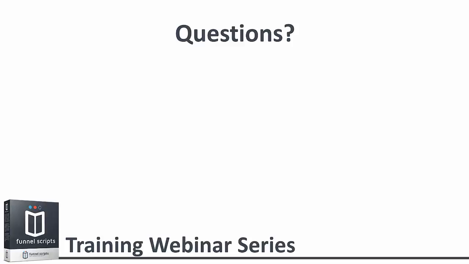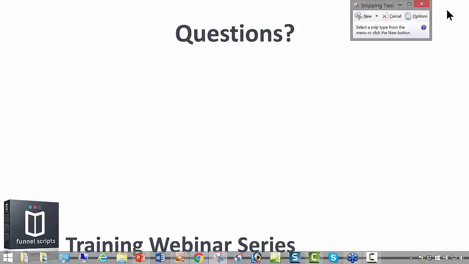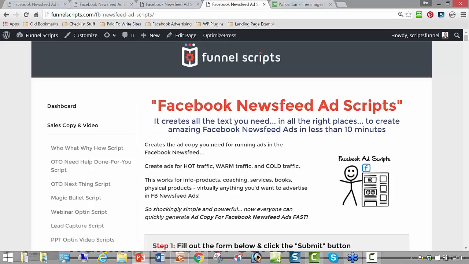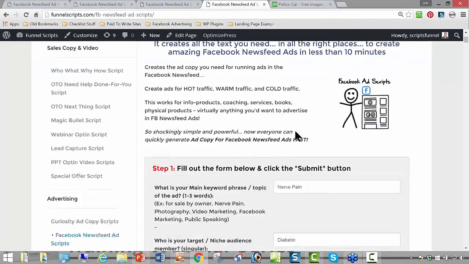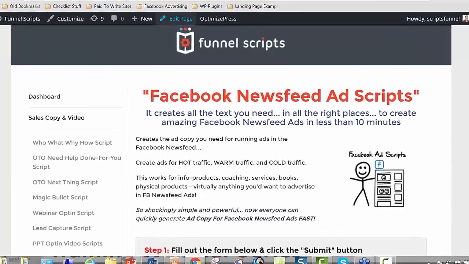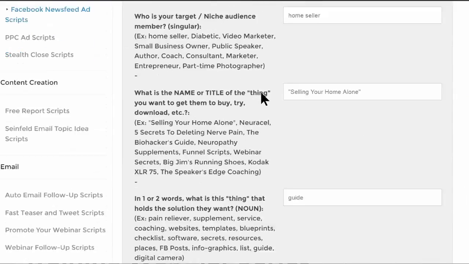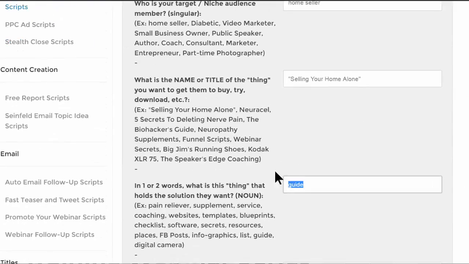Bill says, can we go directly from Facebook ad to my ClickFunnels opt-in page, or do I have to go to an info page with the opt-in? No, you could just as easily make any of this about a free report. I mean, if I came over here to this for sale by owner one, and I changed this to free report,